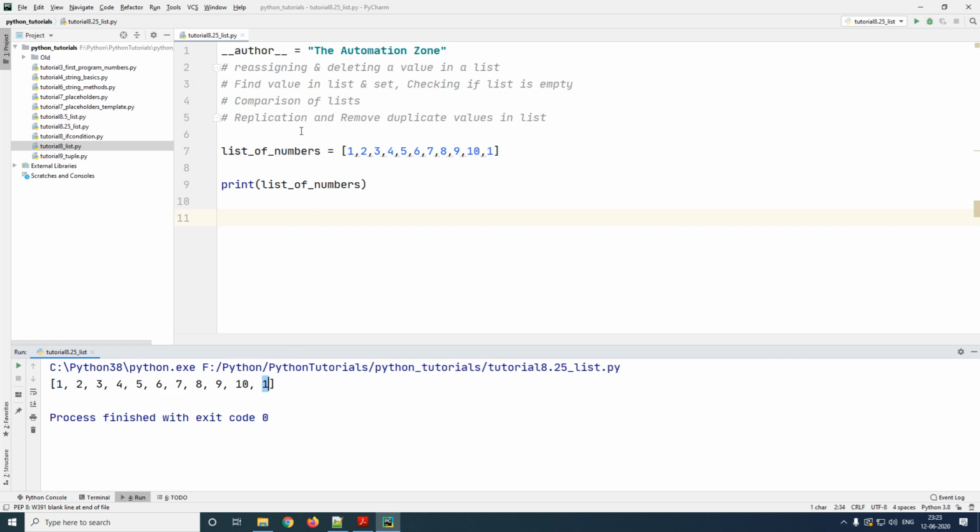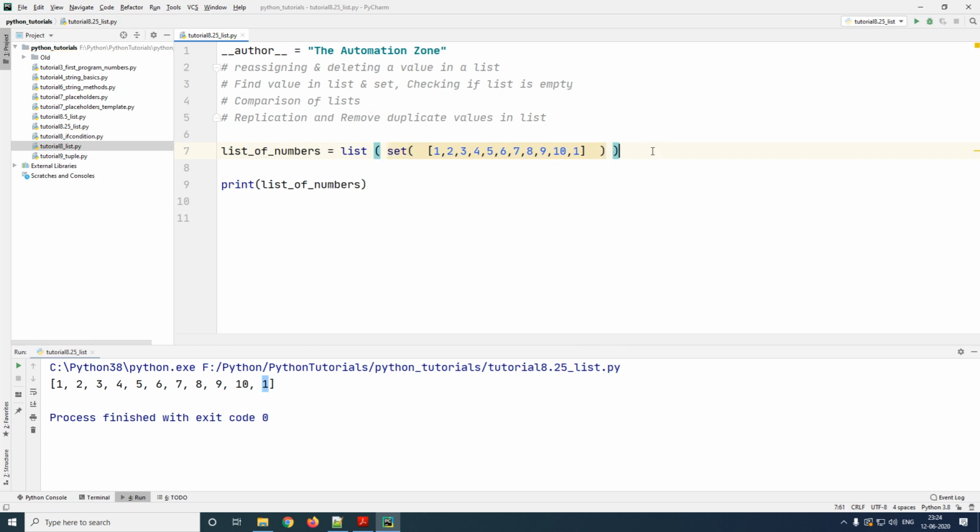Now to remove duplicate values, the easiest way which you can do is converting a list to a set. Now we don't need to learn more about the set in this session, but just note that in a set you cannot have duplicate values. So the moment I convert a list to a set by using the keyword set, it is going to remove out all the duplicate values. So use the keyword set, and inside of the parentheses you give your list, and then you can convert the set back into a list by using the keyword called list.